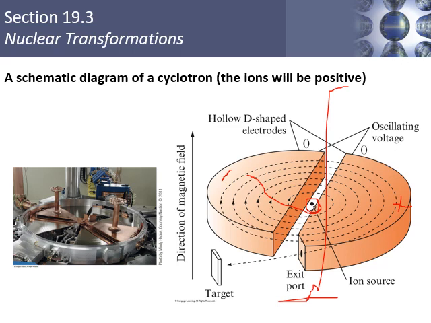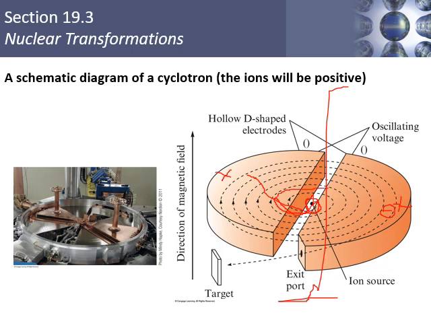If this is negative and this is positive, the particle is going to be attracted to the negative charge, so it will move in this direction. It will also be repelled by this. But once it gets to about right here, they switch it, and this becomes positive, and this one over here becomes negative. And then the particle says, oh, wait a minute, I don't want to go this way,